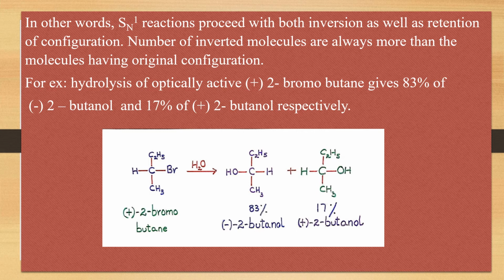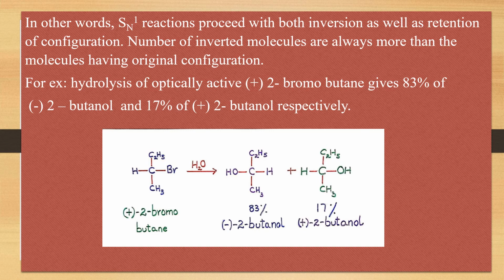But how much did we get? Only 17%. That's what we have seen. The molecules having original configuration will be fewer than the molecules having inverted configuration. So look at minus 2-butanol. On the right side there is hydrogen, but on the left side there is an OH group. That means it has inverted configuration. So OH minus attacks the carbon from the left side, and then only this is the possible product being formed here. And how much is formed? 83%. I hope you understood, students, looking at this example.